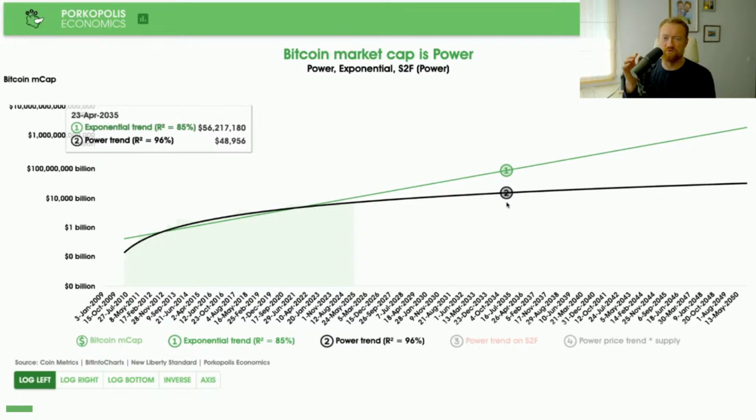Now, you're not reading this wrong. What if Bitcoin was on an exponential trend? What would be the market cap of Bitcoin, this system, on an exponential trend? All right, that's 56,000 trillion. What is 56,000 trillion? It's 56 quadrillion. $56 quadrillion in 10 years. So anybody who tells you that Bitcoin is an exponential asset has not done the math and is not trying to understand things, because